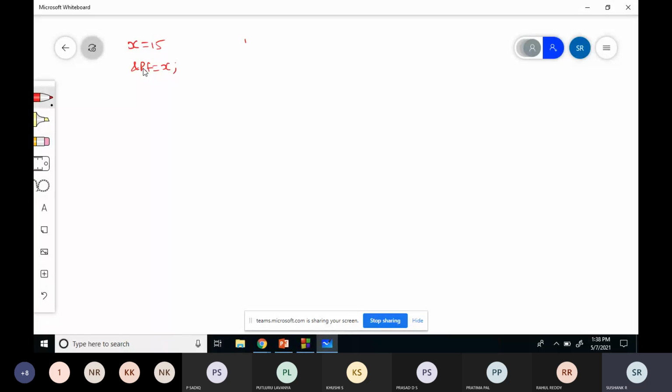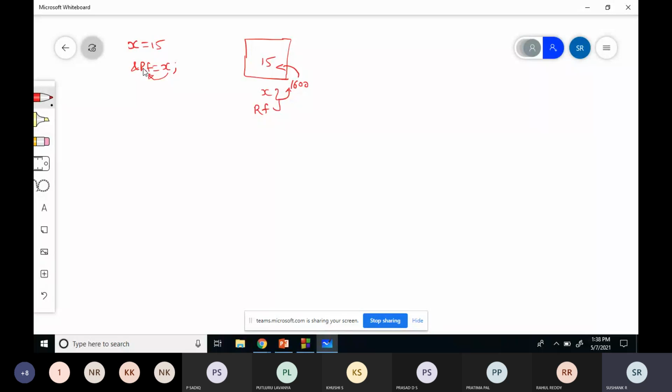So that means the variable x is having the value 15, and x has a reference variable called rf. They both are pointing to the same memory location, and it is having the value 15.